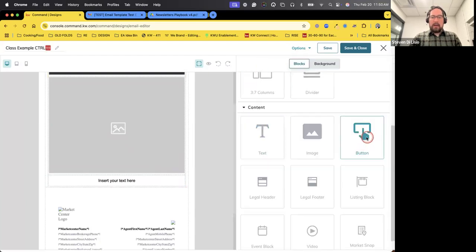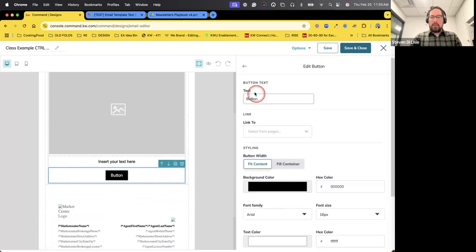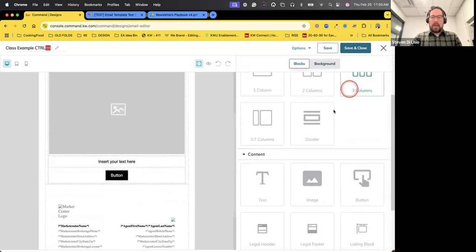And then I'll add in a button as well. And it's the same thing, it's just click and drag, make sure it's that green line is dropping where I want it to. And there it is. There's a simple section. When I finish a section, I always like to end it with a divider, but here